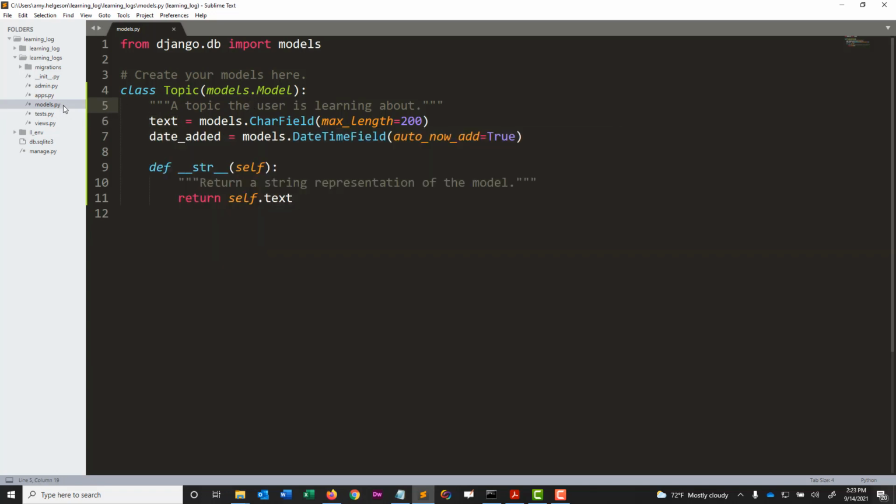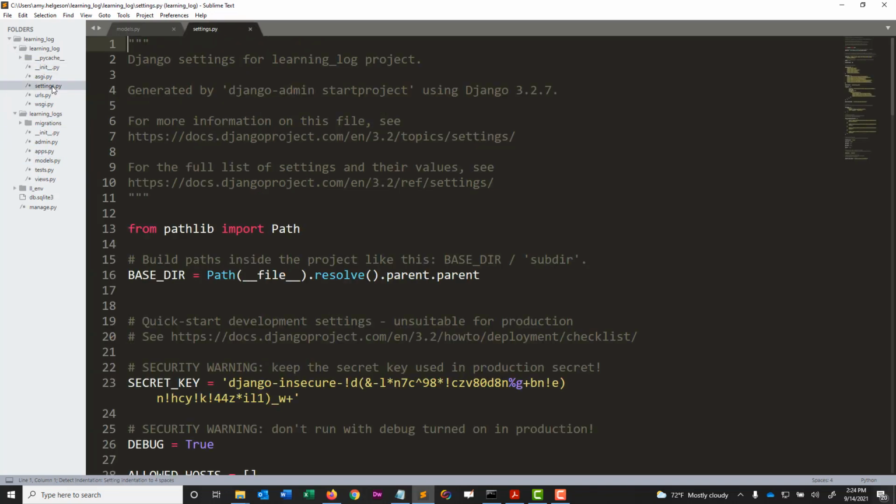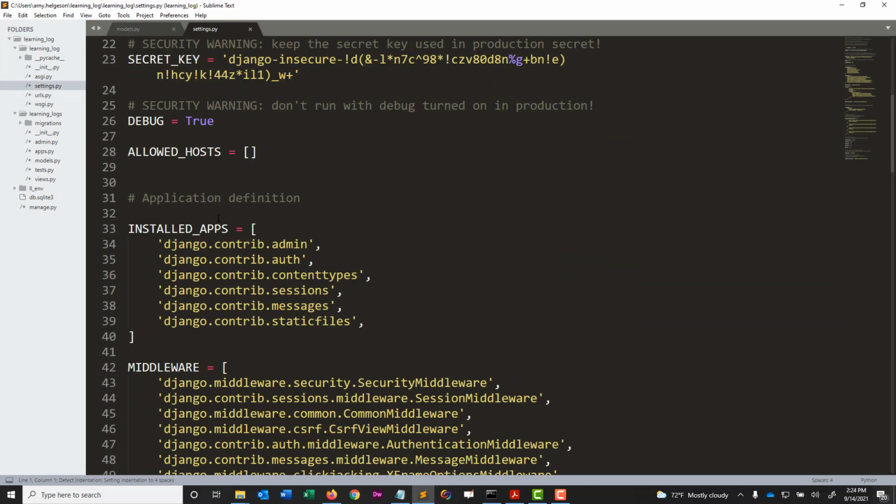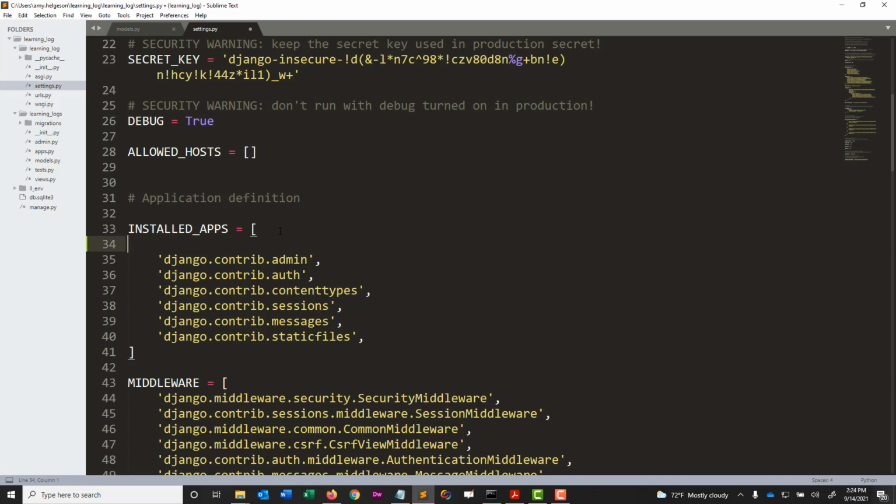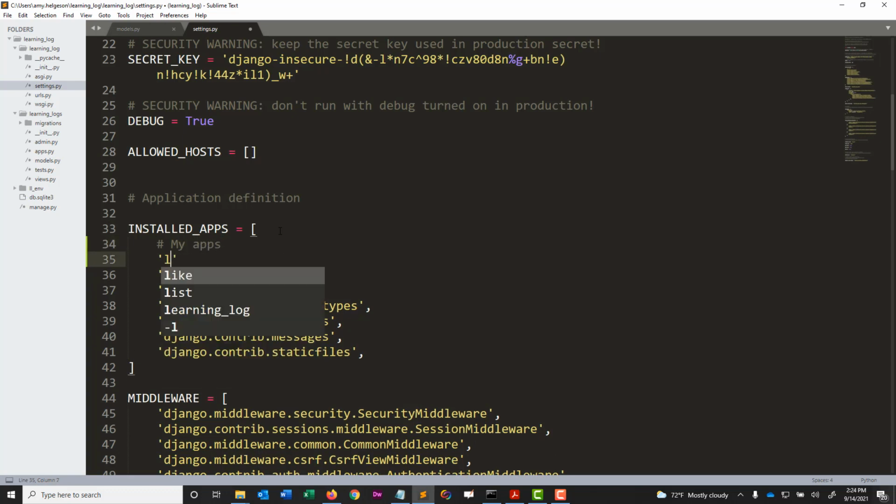Okay, the next thing we're going to do is activate models. So here we need to go to the settings file in the learning log folder. We've got learning log, and nested in that is learning logs, but here we're going to learning log. We'll go into settings, and down in the installed apps, we are going to add in our app. We'll add a comment that says my apps, and we're going to add in learning logs,